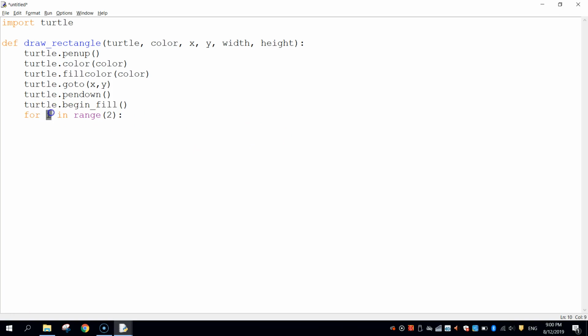Remember, i is just a random variable. You can put any word there that you wanted to, but common practice is to use the letter i. So we write for i in range 2, which basically means we're going to repeat the code below here twice, or 2 times. So the code that we need to draw a rectangle is simply